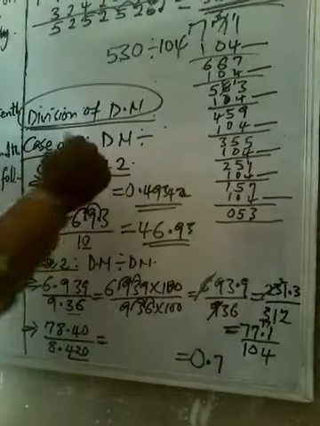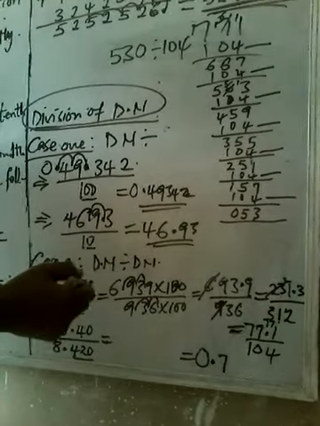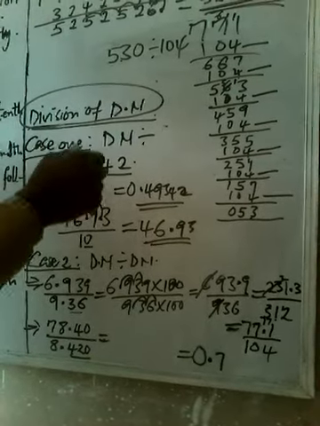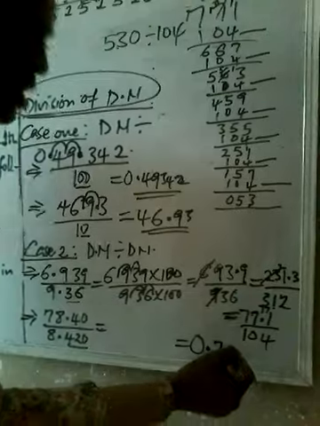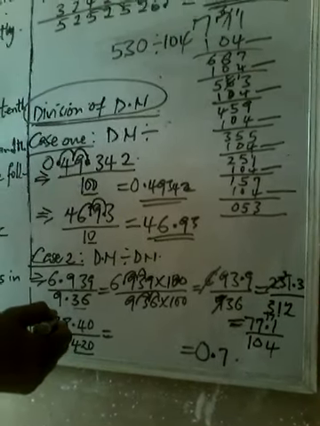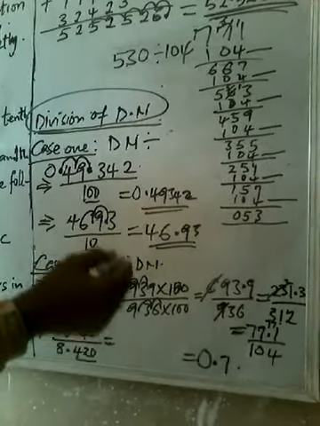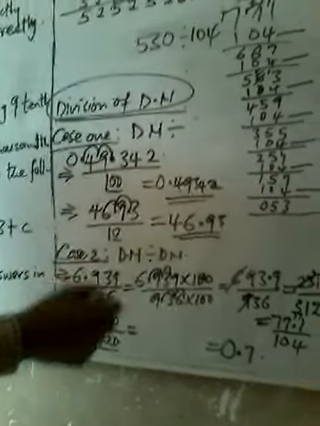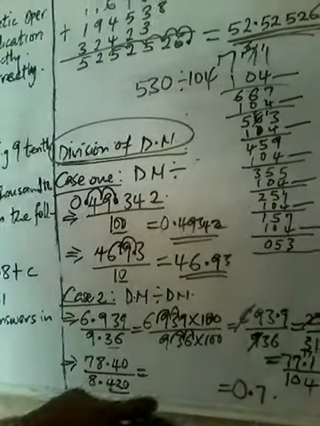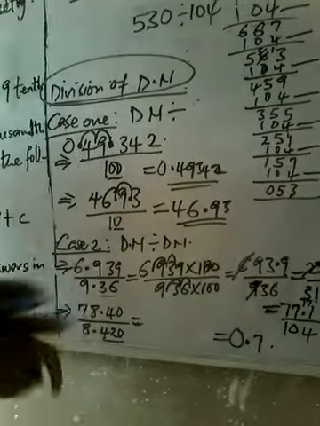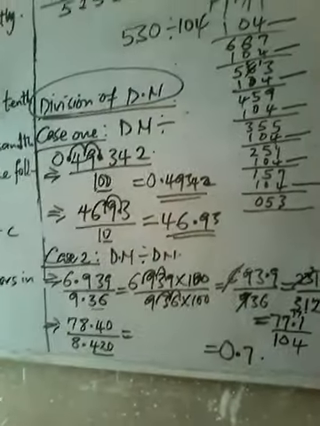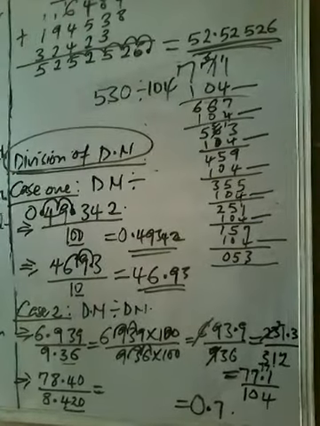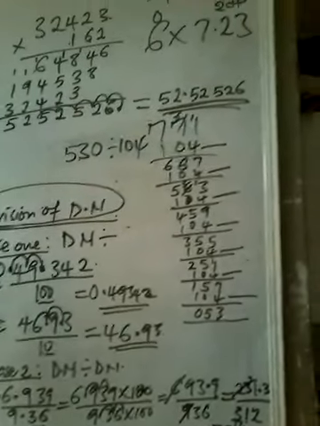You continue again by repeated subtraction till you get an answer. When you get an answer, you write the answer down here. Then if there's a remainder, another 0 will drop at the back of it. You get your final answer. So, repeated subtraction is another method by which you can get an answer when division is difficult. I believe you need to understand what we are trying to say.